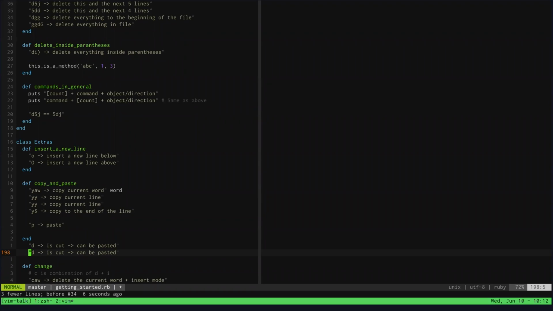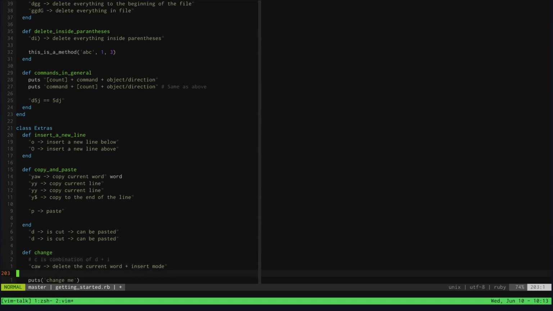So if you say, okay, I need this method name quite often, then you can save it into a special register in Vim, and then you can just paste it from there whenever you need it. And it basically just stays there until you